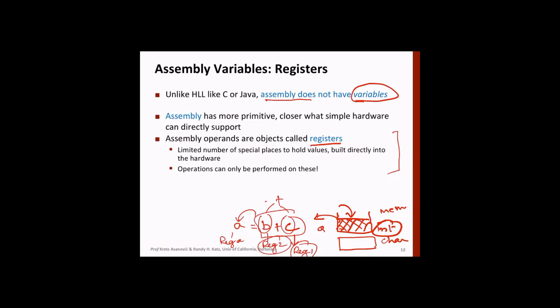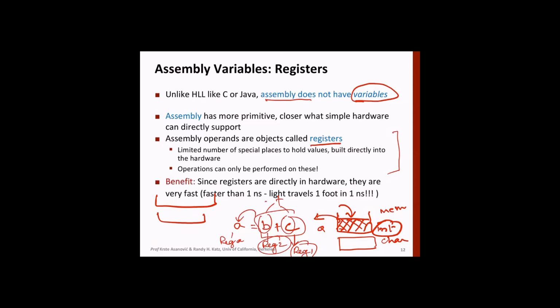In memory, in a higher level language, you can define anything. You can define a double word, you can define maybe even a string as a data type. But here all you have is nothing but registers. In registers, whatever values you load, you can manipulate. We'll come to this point again, right? So registers are directly built into the hardware, as we have seen, and they are very fast, as we have also discussed.